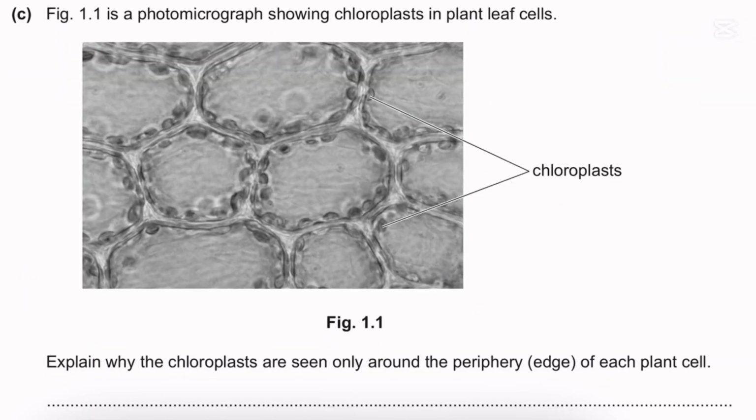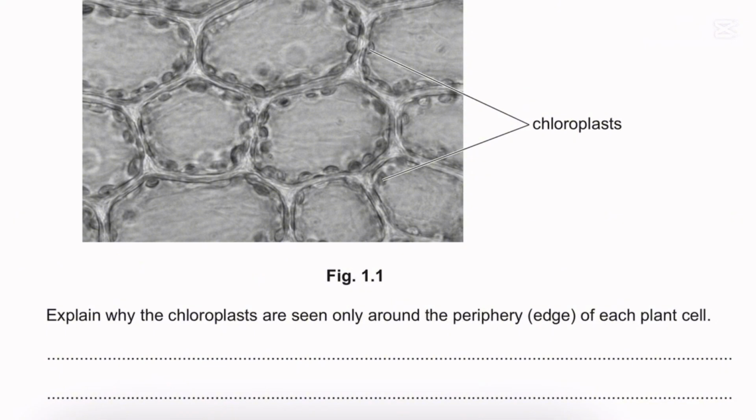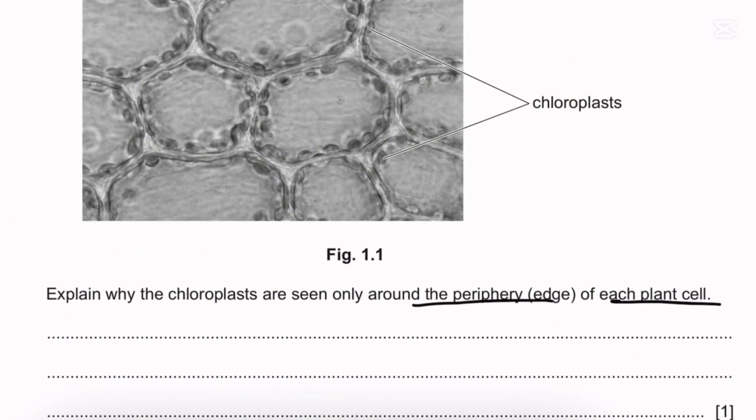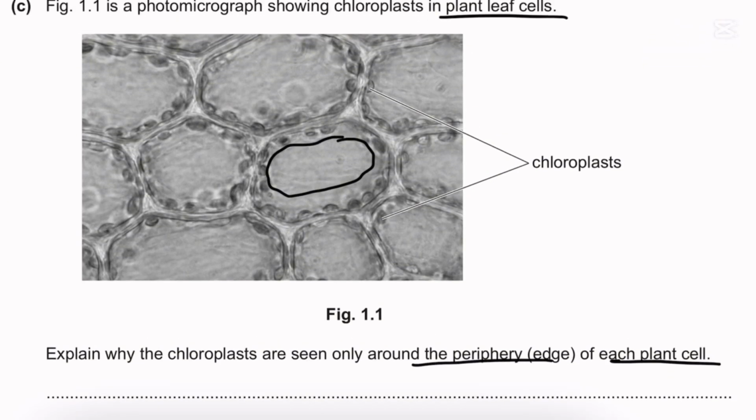You move on now to C, a photomicrograph showing chloroplasts in plant leaf cells. Explain why chloroplasts are seen only around the periphery or edge of each plant cell. It's very simple. In the plant cell, we have a central vacuole, and obviously it is not really shown because a vacuole is single membraned, and I think this is a light microscope, so you can't really see the single membrane of the